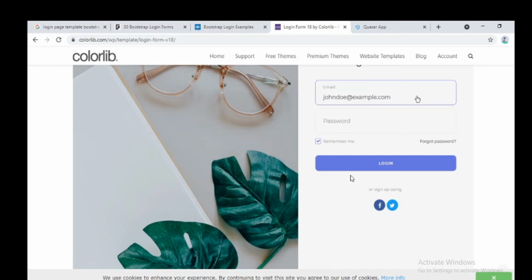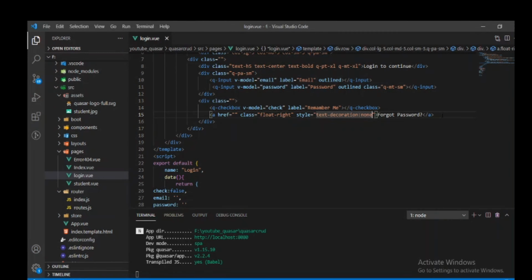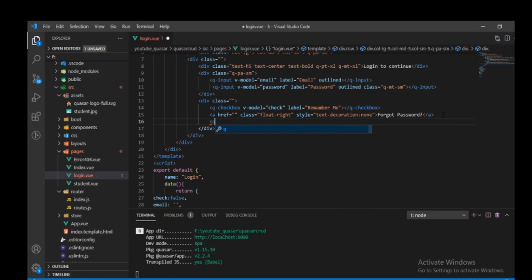Now we will use one login button. For that we will take a login button in this, q-btn. We will not require v-model.